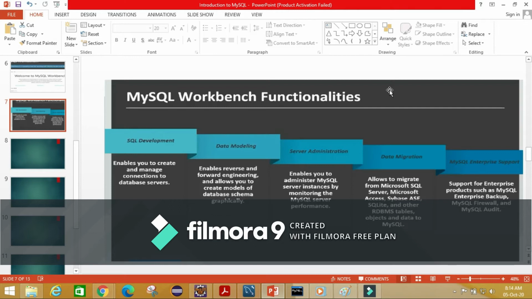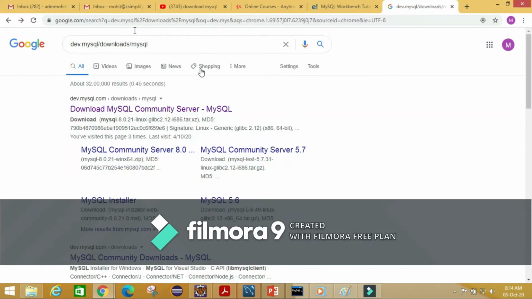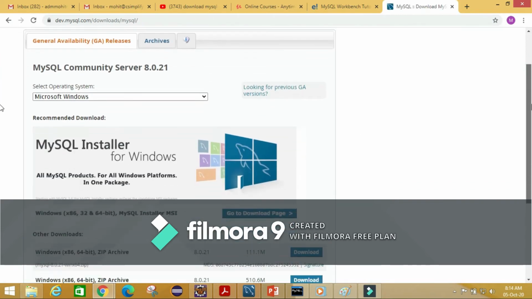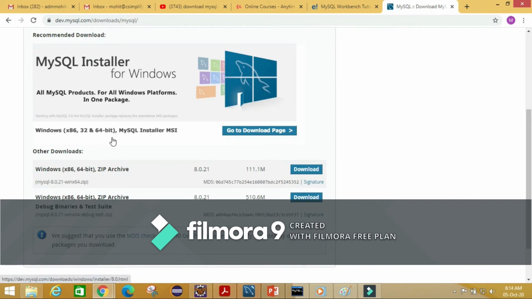So now we will download MySQL Workbench on our system. For this I am going to this link, dev.mysql.com downloads MySQL. Okay, now click on the first link. Here we go. I'm using the Windows operating system, so I will go to this page, the download page.